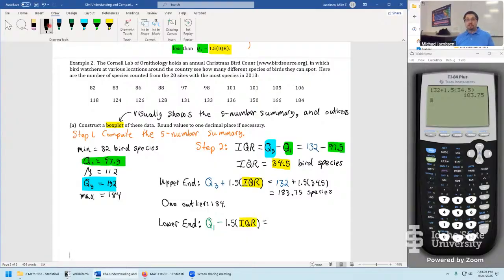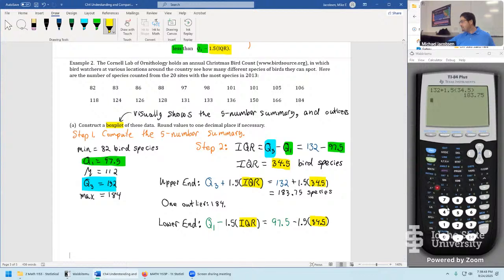Then just another set of substitutions. We mentioned most of the math and the formulas that we're going to use is just going to be a whole bunch of substitutions, it feels like. For quartile 1, on the left, we calculate that to be the 97.5. Then go minus 1.5 times. In place of the IQR symbol, we're throwing in 34.5. But everything in black and yellow highlighting, of course, is just a repeat from the formula above. So all that changes is the 132 plus versus the 97.5 minus.